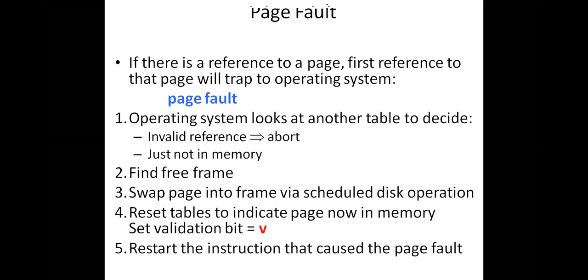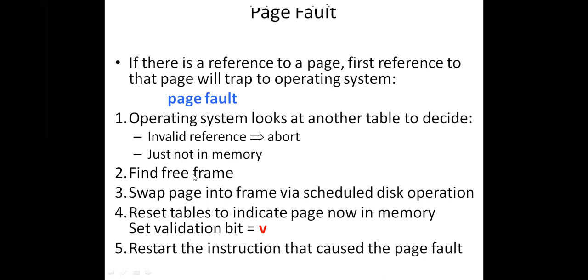So the operating system looks at another table to decide. The operating system immediately checks the page table, right? There is a page fault. Is it true? I need to check in the page table. So the operating system will go to the page table and check the third field, third column, that is the valid-invalid position. If it is invalid, then automatically it will abort the process. That means it will suspend the process. Why? Because the page is not in the main memory. So immediately what will the operating system do? It will check for a free frame in the main memory.